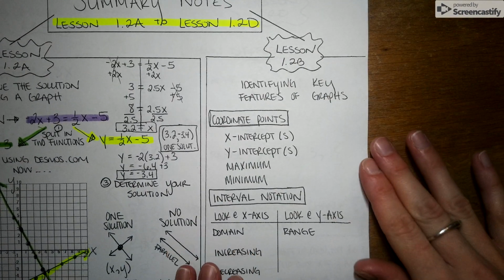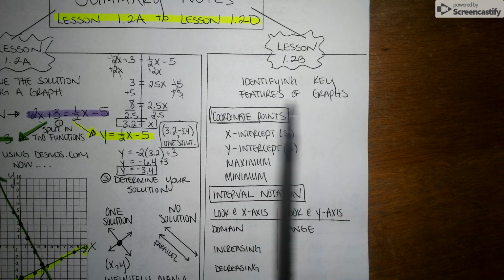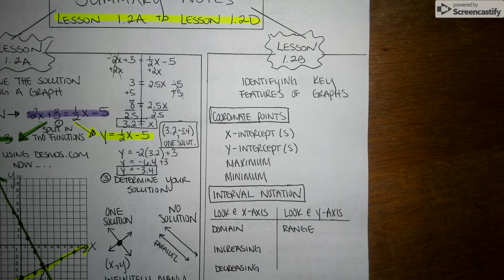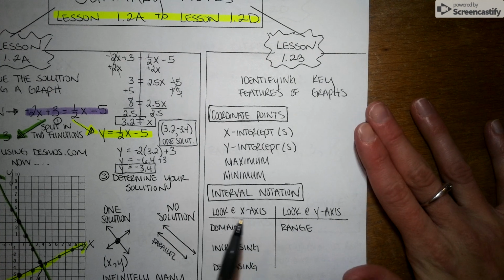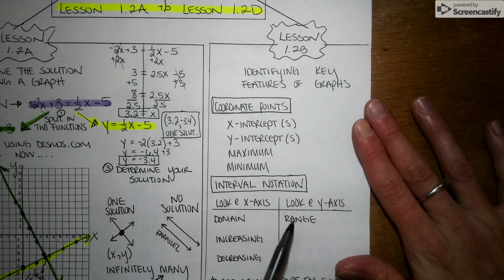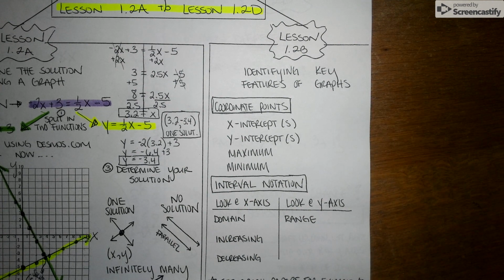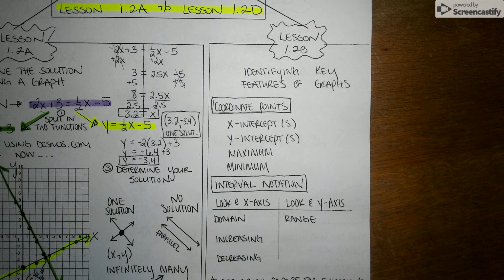So now into lesson 1.2b. In this lesson, you learned how to identify key features of graphs. Now, whether that graph is a linear function or some other type of graph that we don't have a name for yet, I needed to have you understand what x-intercepts, y-intercepts, maximum, minimum, domain, increasing, decreasing, and range are, so that if I give you any type of graph in the future, you can identify these key features or characteristics